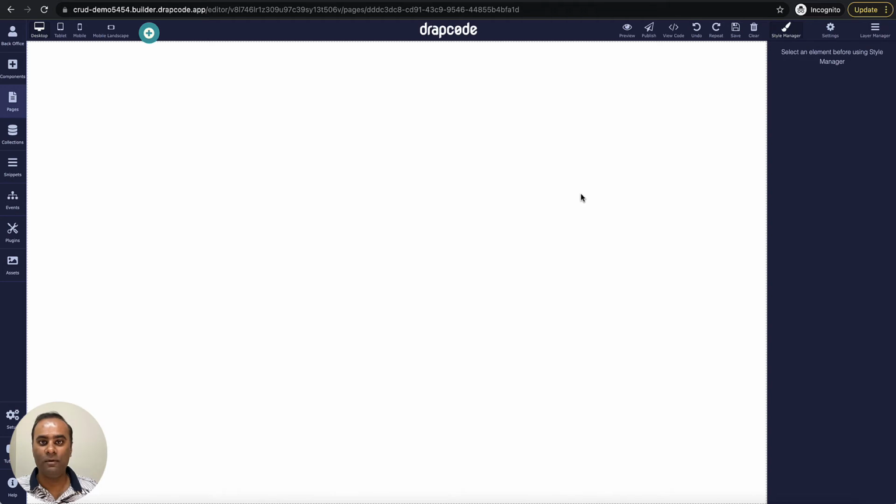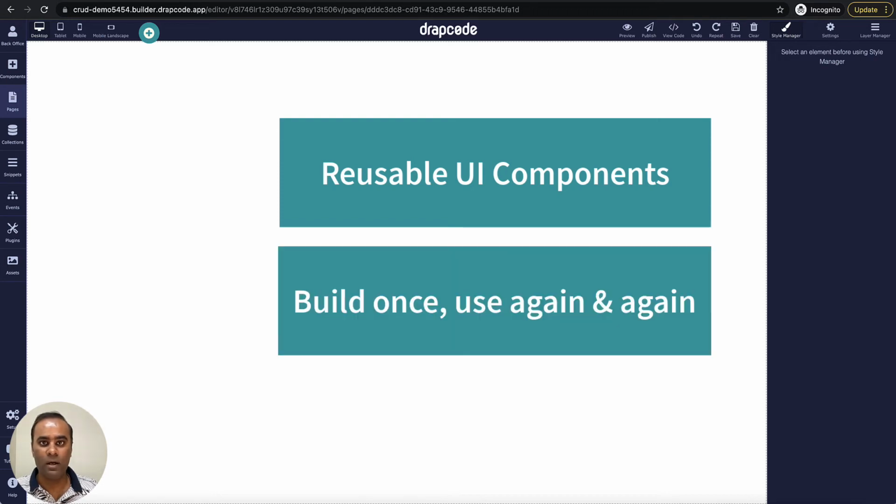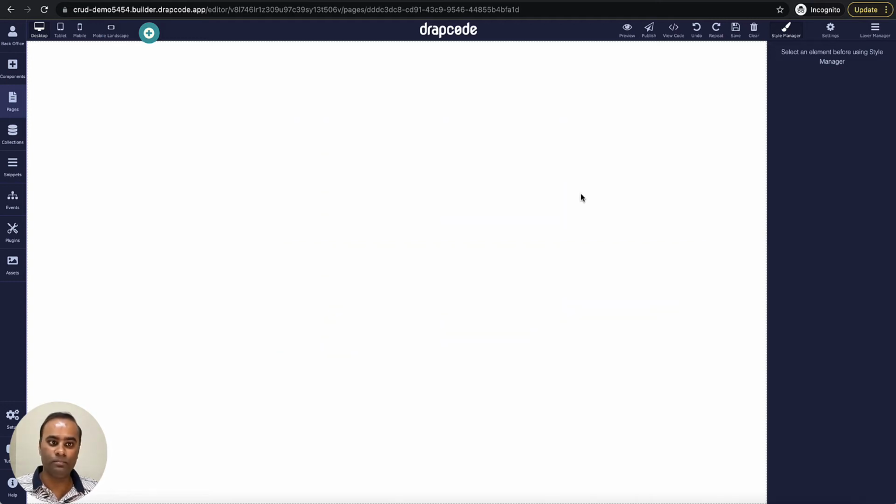In this video, we will understand the concept of snippets. So, what snippets are, how they can be used, where they can be used, and all those things. Snippets are basically UI components which can be reused at several places, so that you don't have to design and build it again and again, right? So you build it once and then use it at as many places as you want. And whenever you make some changes in the snippet, the changes will get reflected everywhere they are being used, right? So let's quickly take a look.